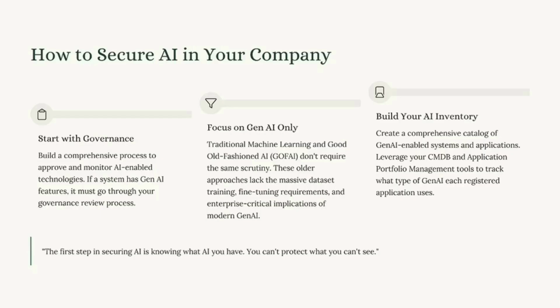Build your own AI inventory. I'm a big advocate for essentially taking all of your applications. If you have an application portfolio management system, an APM, hopefully based on something like a CMDB, you can annotate whether or not AI is present in that system. And then, I'll tell you what I'm thinking: we classify AI in about 4 different ways so that we have an understanding of what our threat surface is for that particular AI, and then how we would go about securing it.